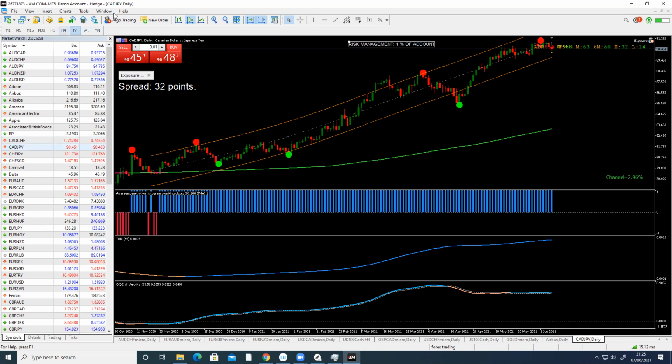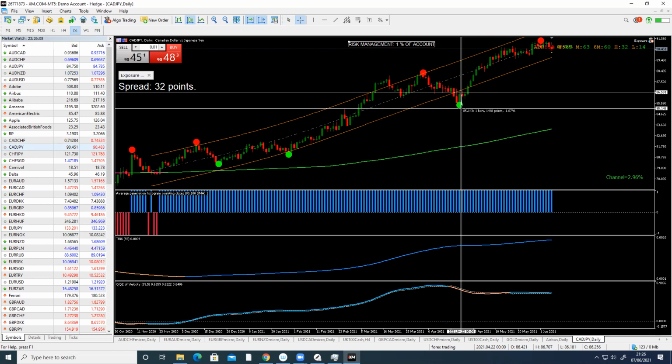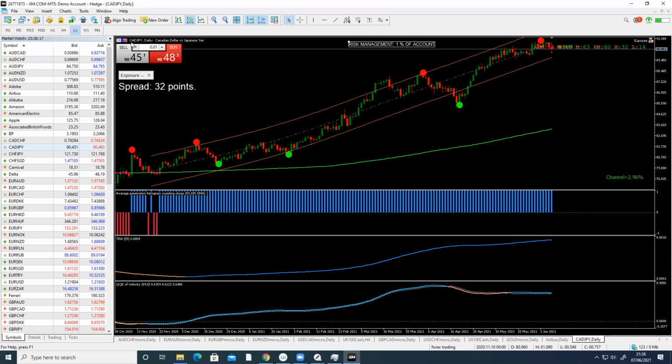Let me use a different way to show you that one. So say for example now, I'm going to use a cross here to show you. Can you see now? Look at this. I will be risking the bottom there, which is 60 pips. Yeah, that was 144 pips. I'll be risking there, but it depends on how much you're willing to risk. Because remember, even though it's 60 pips,